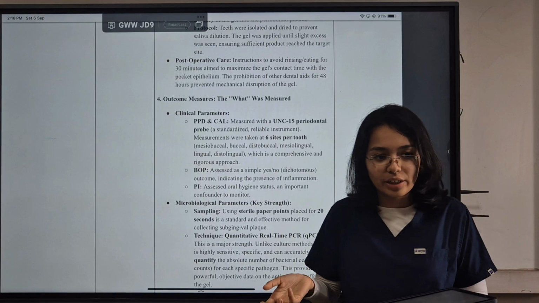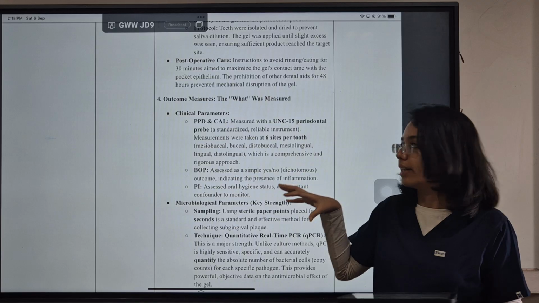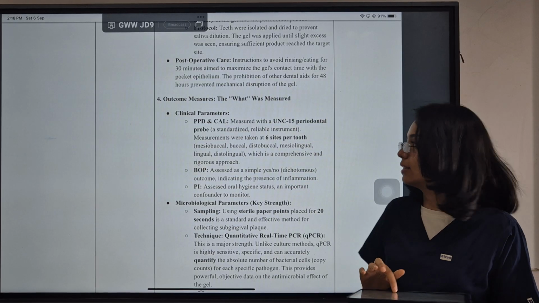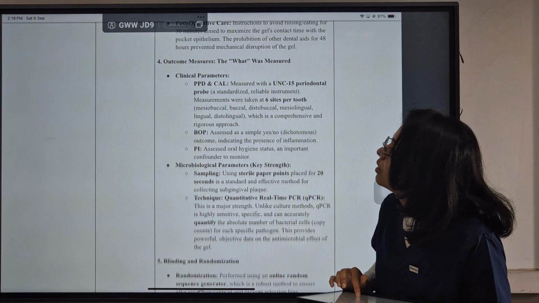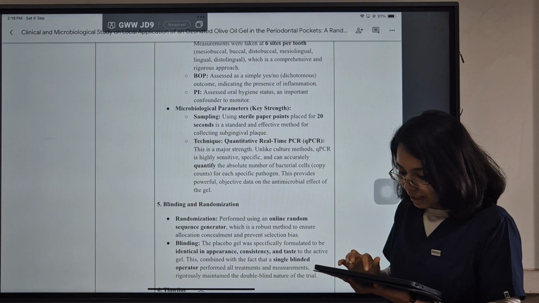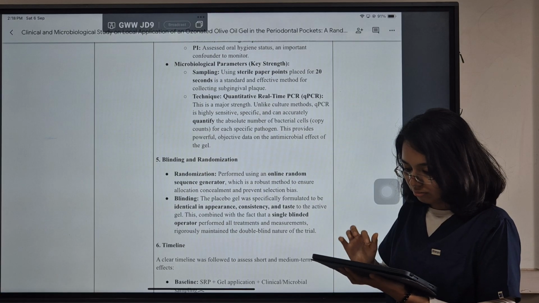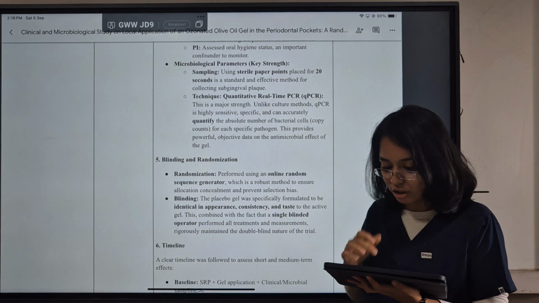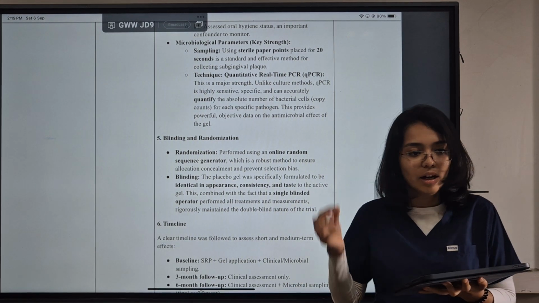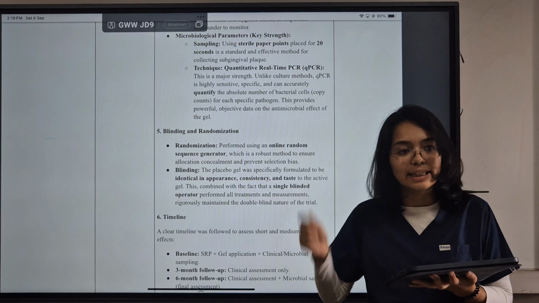Clear instructions were given to the patients not to have any contact with that area post 30 minutes. For the outcome measurements, they calculated the PPD, the bleeding on probing and the plaque index, after which the microbial parameters were checked. The sampling was done using sterile paper points. They kept them in the periodontal pocket for 20 seconds, and that's where they collected the subgingival